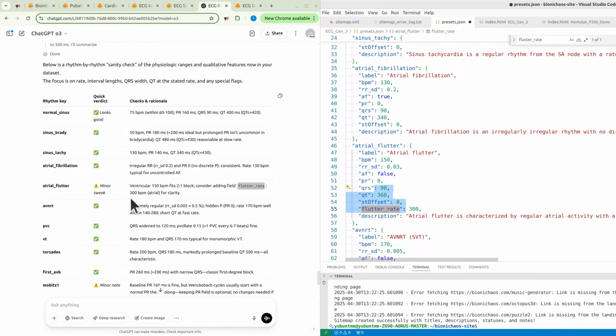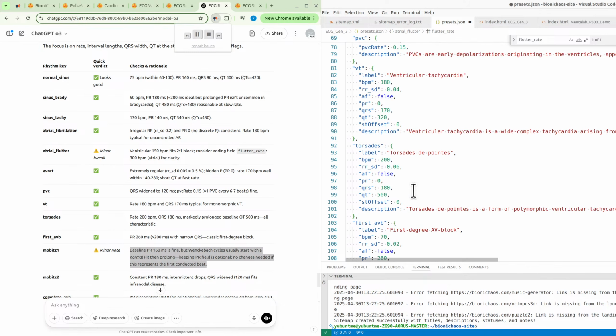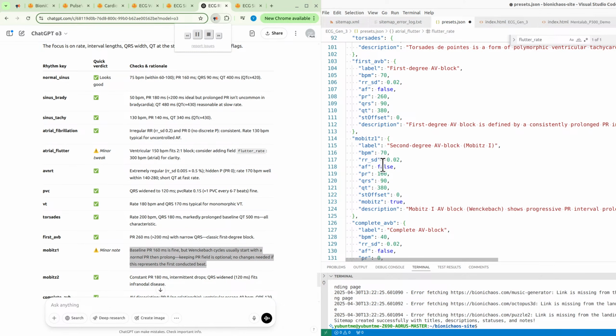Yeah, the code won't be taking it into account. Baseline PR 160 ms is fine, but Wenckebach cycles usually start with a normal PR then prolong. Keeping the PR field is optional. No change is needed if this represents the first conducted beat.